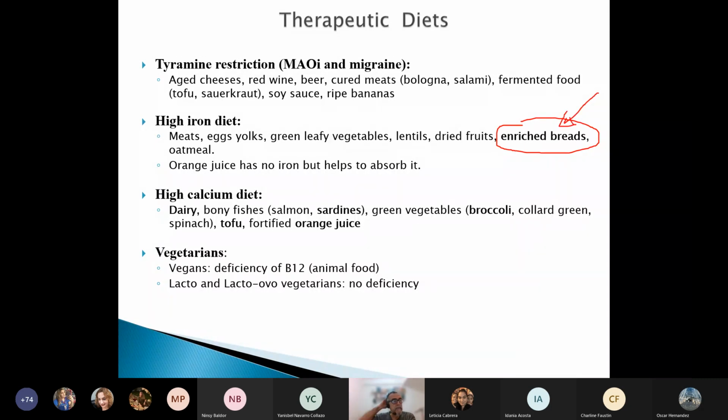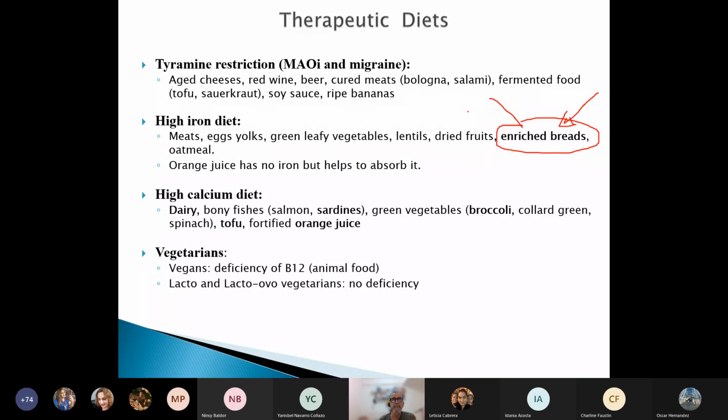And there is a law that says the wheat flour to make breads and baked goods by law needs to be enriched with iron, and should be enriched with vitamins of the B group. Okay. The most important enrichment that I've seen in NCLEX is that salt, table salt, is enriched with iodine.